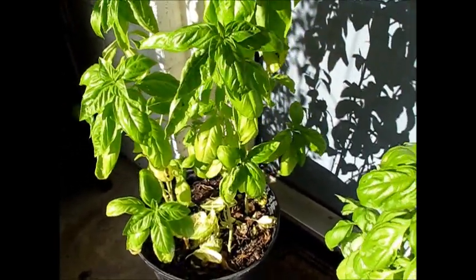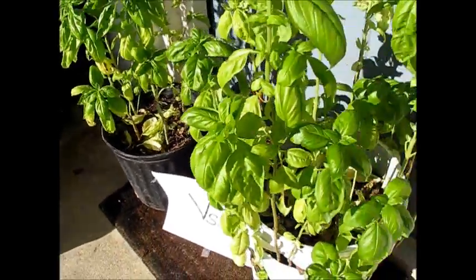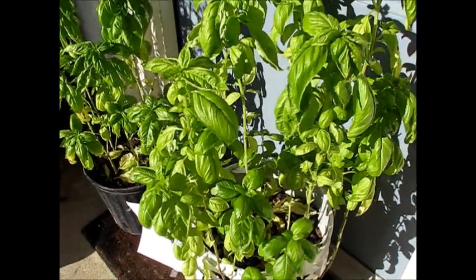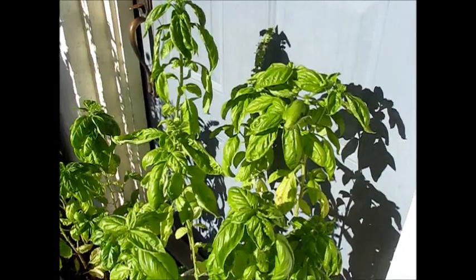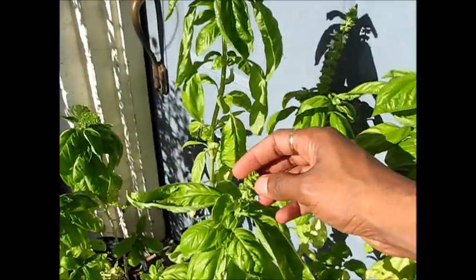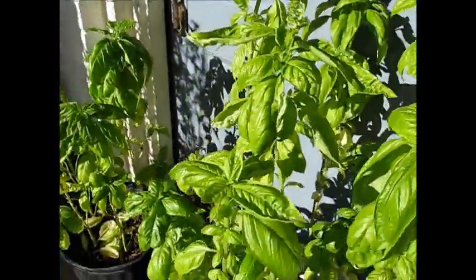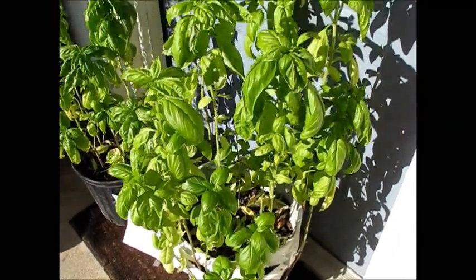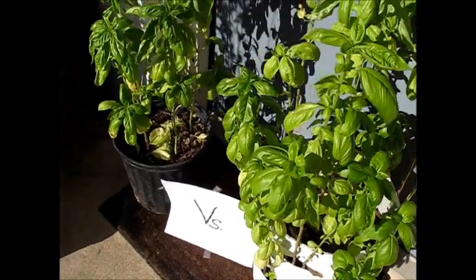Here you can see there are 4 tulsi plants grown in one pot, but in vertical style you can grow more than 1 dozen. So these are more than 1 dozen plants, and we are also getting flowers. You can see these very nice flowers are coming, so we can increase the number of plants if we plant vertical style compared to